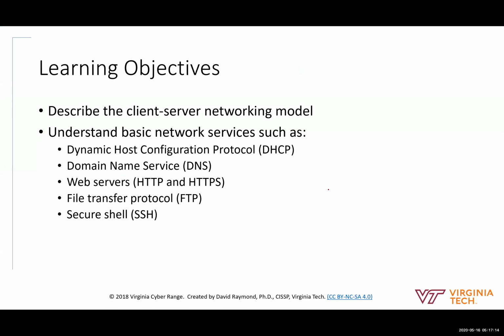So some learning objectives. We're going to talk about the client-server networking model. Then we're going to take a look at some basic network services, and we'll talk about what a service is and when we talk about client-server networking. And the services we're going to look at are Dynamic Host Configuration Protocol, Domain Name Service, web servers, HTTP and HTTPS, the File Transfer Protocol, and then the Secure Shell. And these are exemplary. So these are examples of network services. Certainly not an all-inclusive list, but this short list should give you a pretty good sense of this whole notion